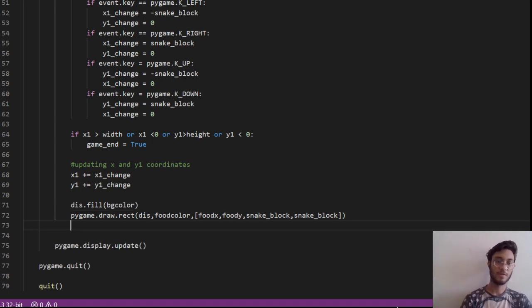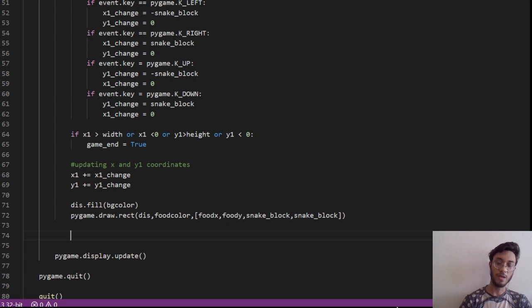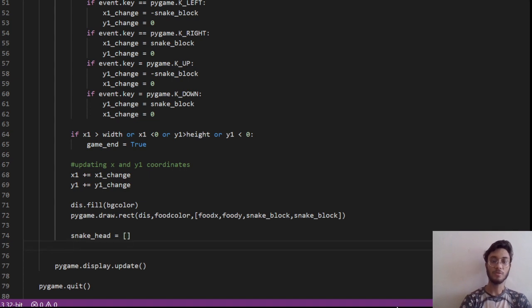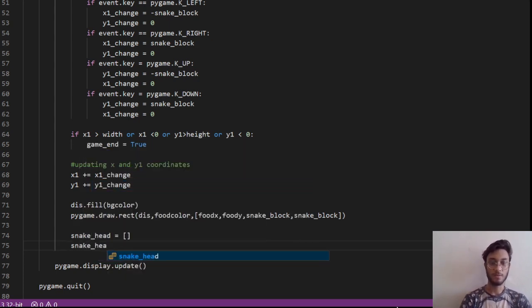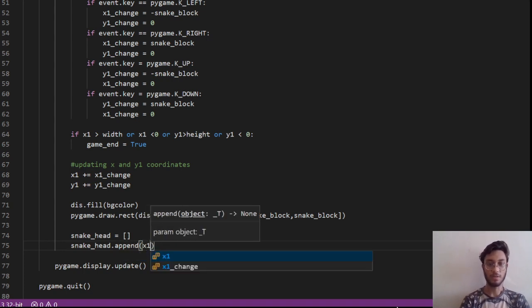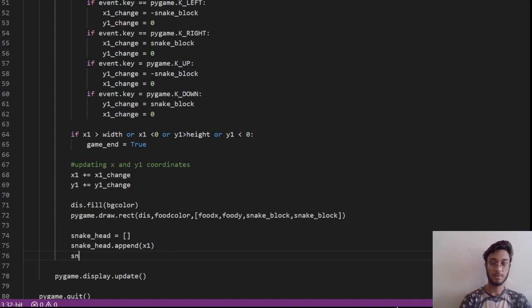After that, we are going to create a head list. We are going to append the xy coordinates of the snake position into this list, the snake head coordinates, that is x1 and y1.